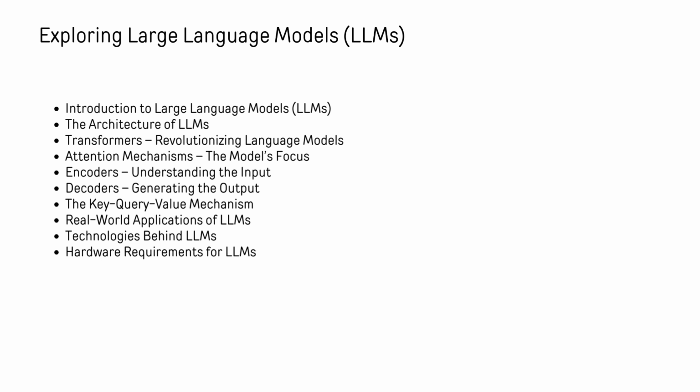We'll break down the key components of this architecture, starting with attention mechanisms, which allow the model to selectively focus on relevant parts of a sentence, mimicking human attention. You'll also dive into the roles of encoders and decoders, the backbones of LLMs, understanding how one interprets the input and the other generates coherent, fluent outputs. We'll also explore the key query value mechanisms, a critical aspect of how these models determine what information is most